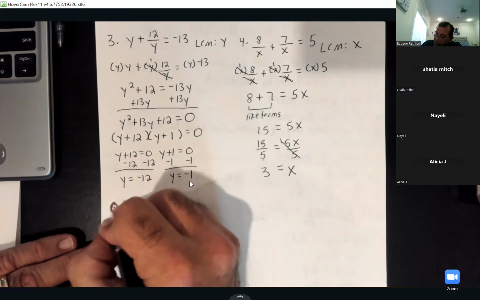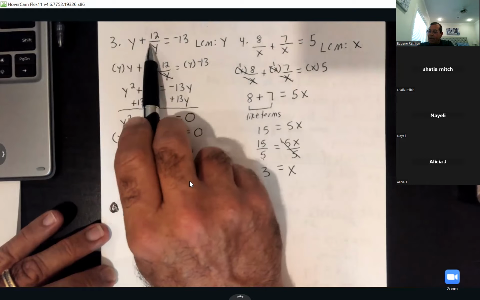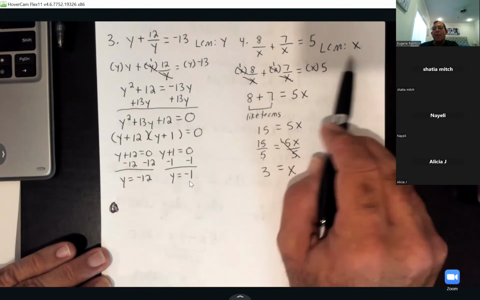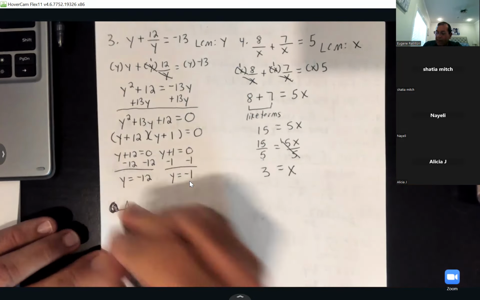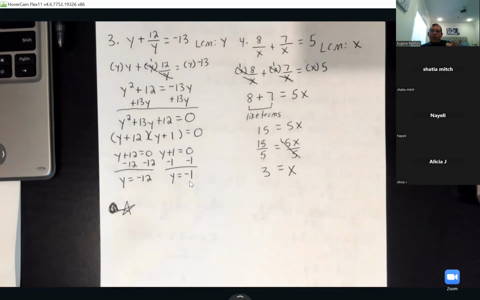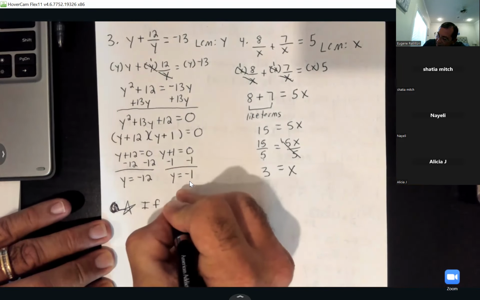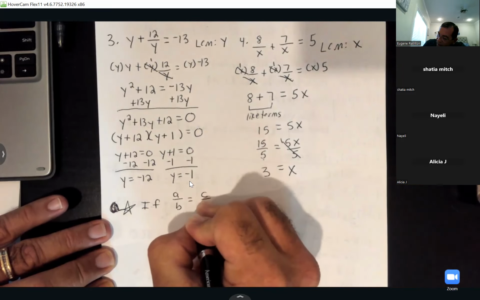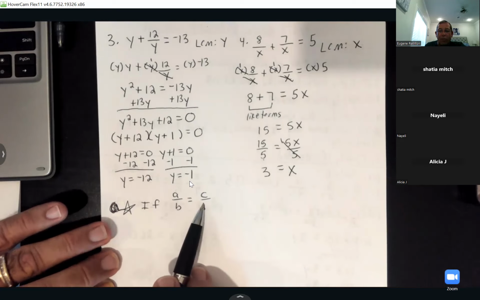Oh, so y'all, let me show you a trick. Now notice, these had 3 parts to them. This one had 3 parts to them. So to solve them, I found my least common multiple. Now, we got something else we can do when we just have 1 fraction equal to 1 fraction. So y'all watch this. If we have something like a over b equal to c over d, if we just have 1 fraction equal to 1 fraction,